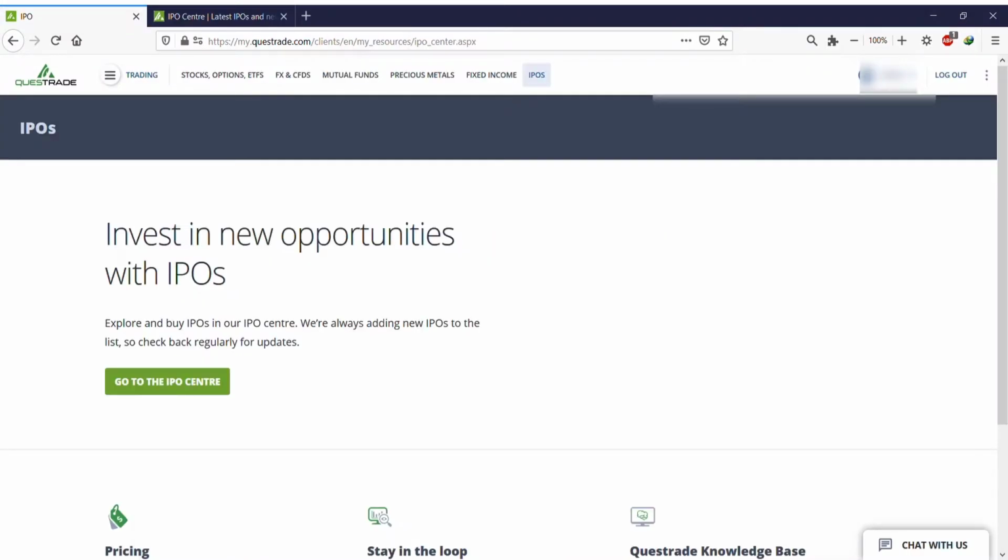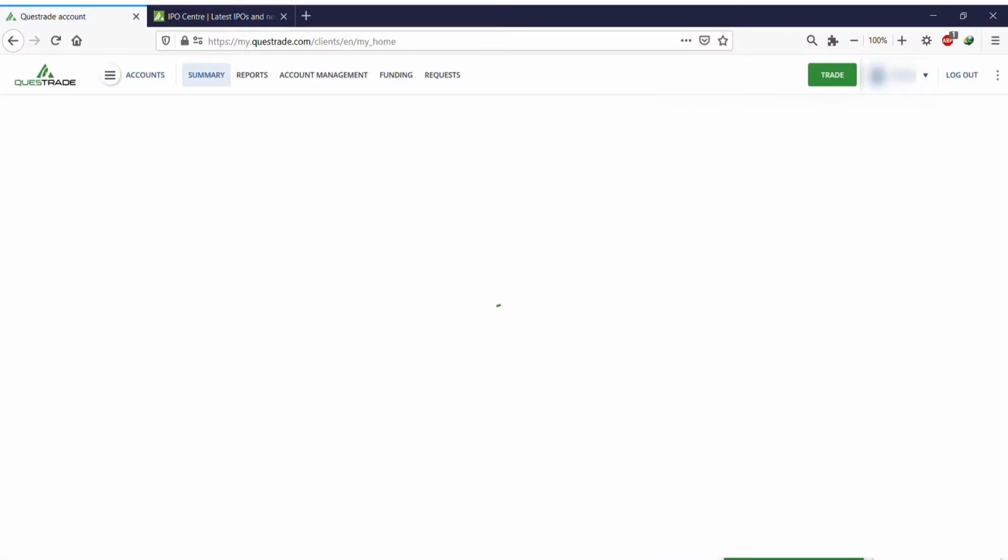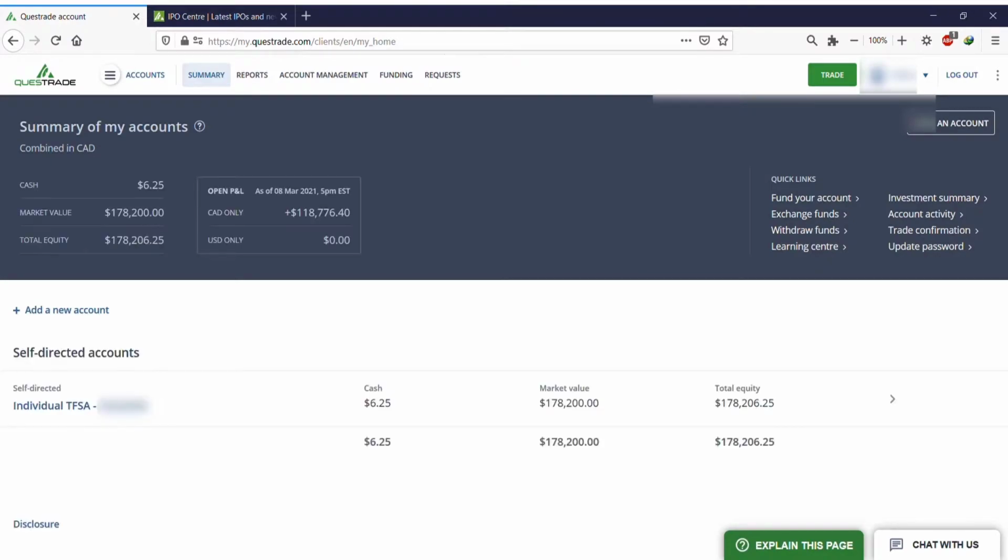So let's go back to Questrade. On top, if you click on trading, we don't care about the options. All we care about is accounts and trading. So right now I'm going to go to accounts. Okay. When you're inside this, again, I'm not going to go into the details, but there are a couple of things I want you